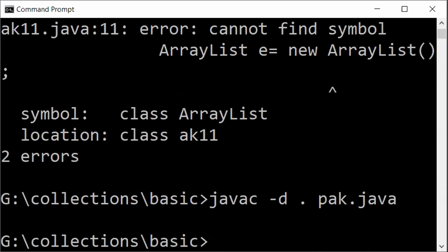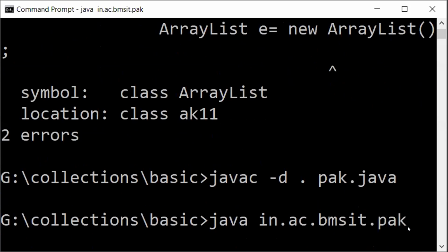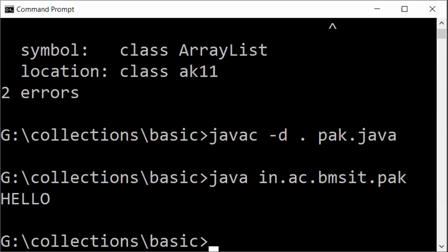Now how do I run this program? Since there are no errors in my program, we have seen how to compile it. To run it, we use java and the fully qualified name, that is in.ac.bmsit, which was the package name, followed by the class name, because the pack.class file that's generated is present under this hierarchy. Hello is the output we are expecting.